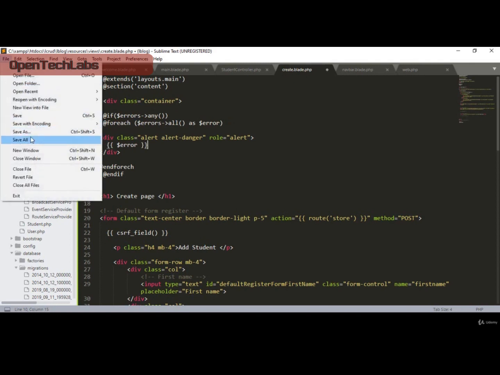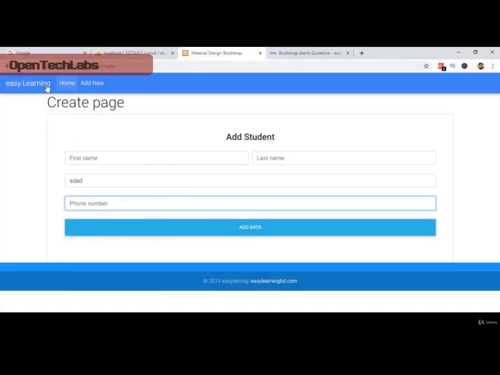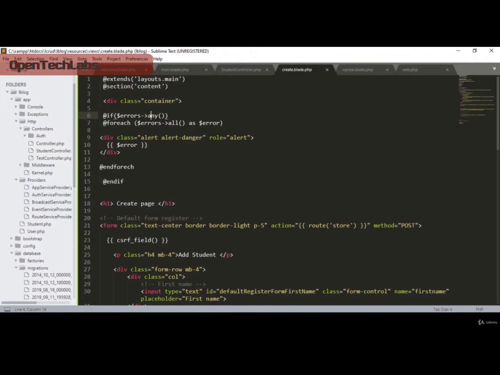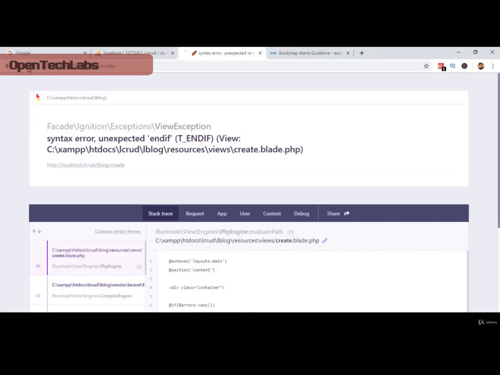Now let's check whether our field validation is working or not. Here in our controller I already assigned the validation that all fields are required. So for now let's check this out. I click on save all, and now I refresh it, and here it shows an unexpected error. What exactly did I do wrong? Here in the if condition, there is a foreach. You can see I put a spelling mistake again, there is a foreach, E-A-C-H. So for that reason we get that error. Now I click on save all, there is foreach, and down here there is if and down here. Now click on save all, and now if you refresh it,